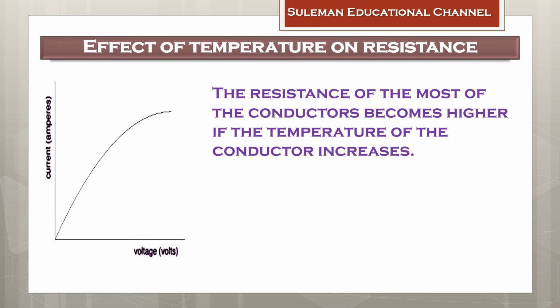In the diagram, we can see that when the voltage is increased, the current is also increasing, but it is not increasing by the same factor. The factor is being reduced, therefore it's curving down. So over here the resistance is increasing, showing that the current is reduced as the voltage increases.